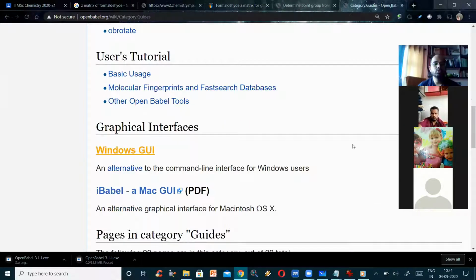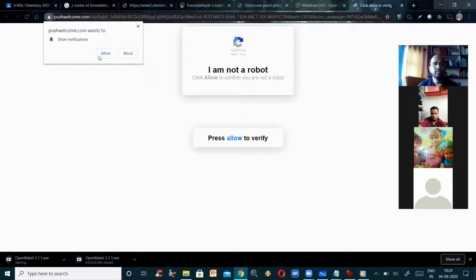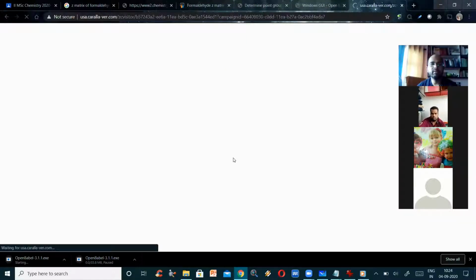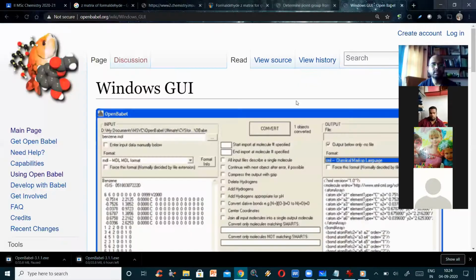You can go to the graphical user interface. The graphical user interface allows you to view in the graphical format. Here it is.